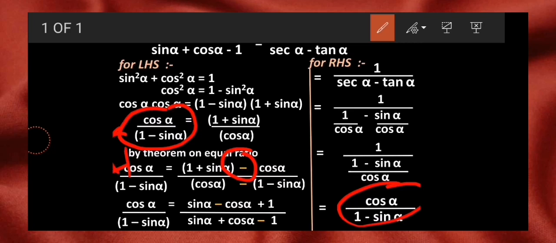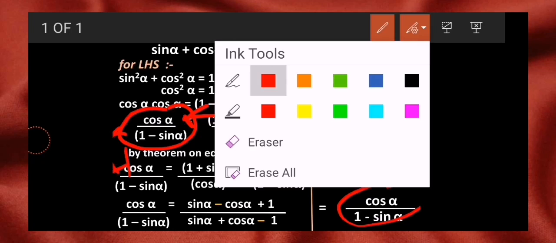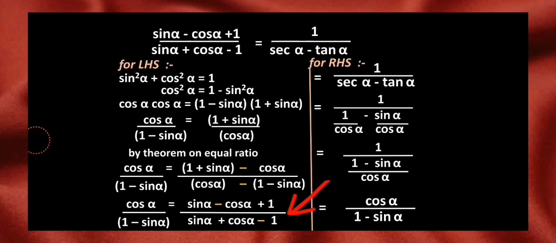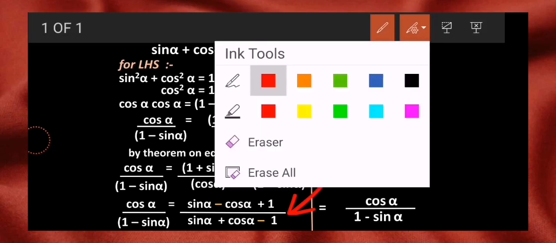Okay, how to get this sign I explained you. You have to observe the original LHS in the question and check what is our single term cos alpha, what is the sign of cos alpha in that LHS, and from that only we get the clue. And once you give the operation correctly, placement of the terms correctly, then operate it on. If it is minus, then change the sign and observe the LHS again and rearrange the terms as per the LHS. So in this step I have not done anything, just rearranged according to the original LHS of the question. Okay, just rearrangement. And now we have reached the final part of our answer.